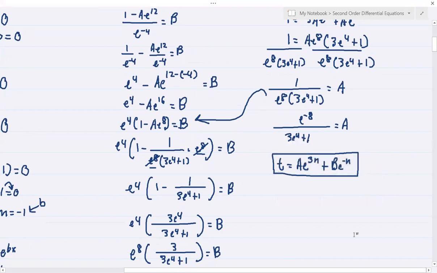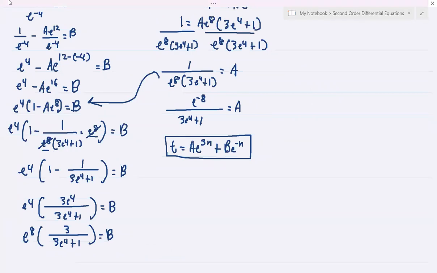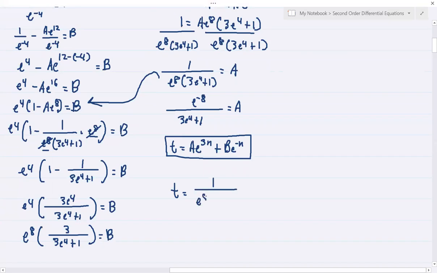So we will have now your particular solution as t is equal to your a, which is 1 all over e raised to 8 times quantity 3e raised to 4 plus 1, all right, times e raised to 3n plus your b, e raised to 8